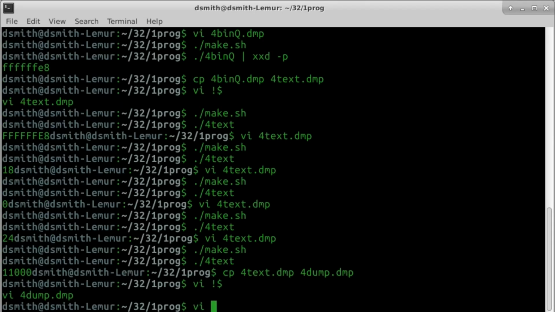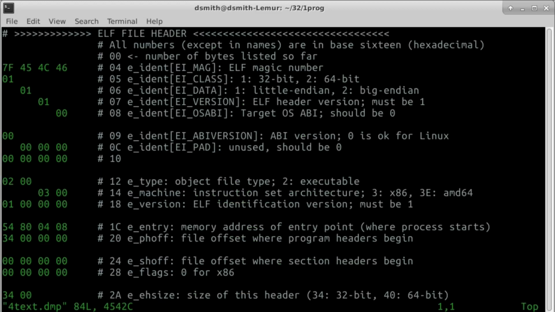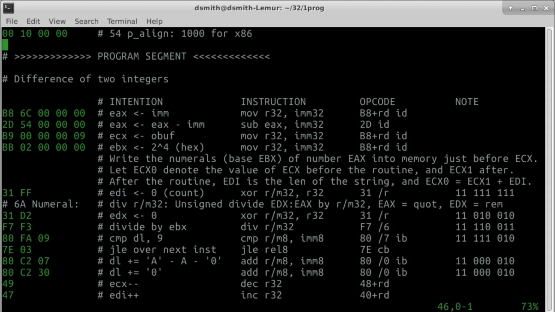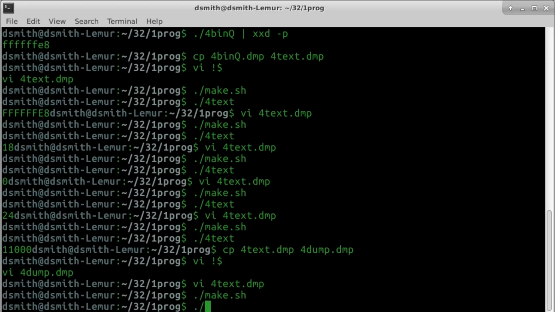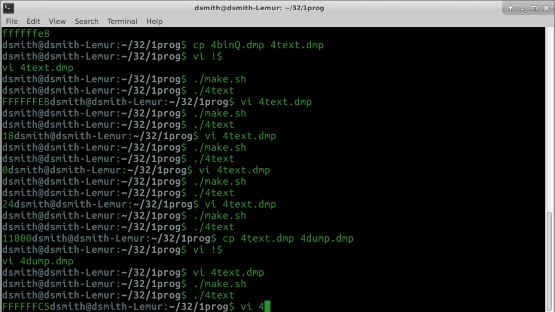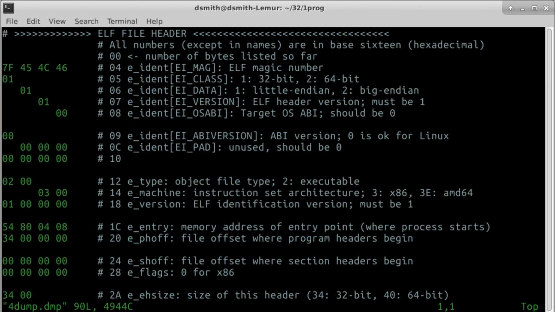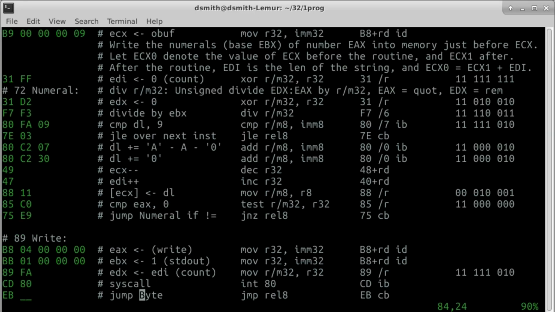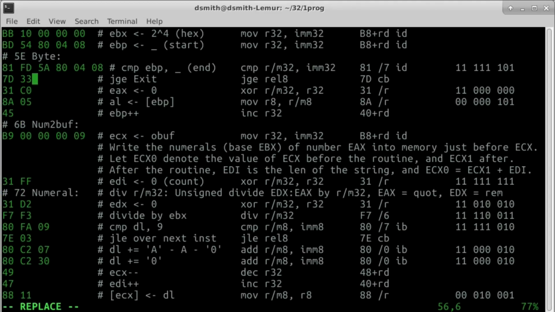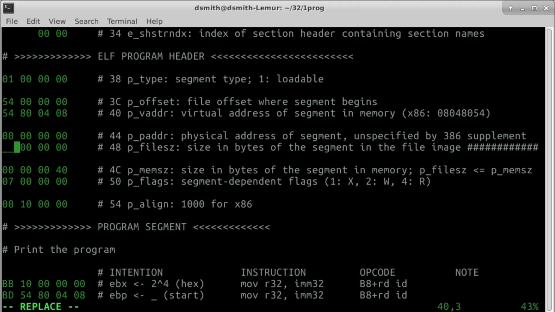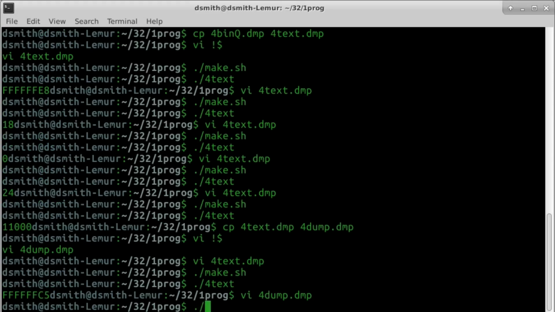We might as well use this program we wrote to compute the jump back to label byte. It's from 99 to 5e. (5e minus 99) is congruent to C5 modulo 2 to the 8th. The forward jump to exit is from 66 to 99, that's 33. The program size is A2 minus 54 equals 4e. We make the executable,